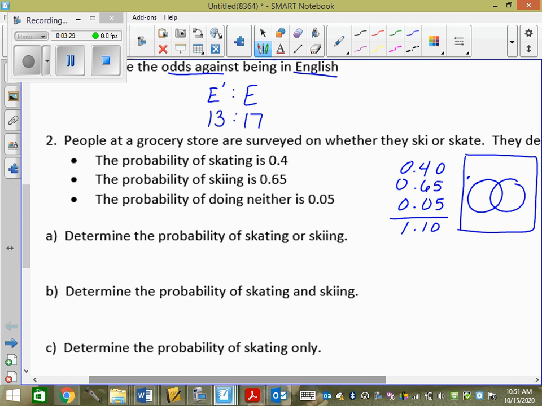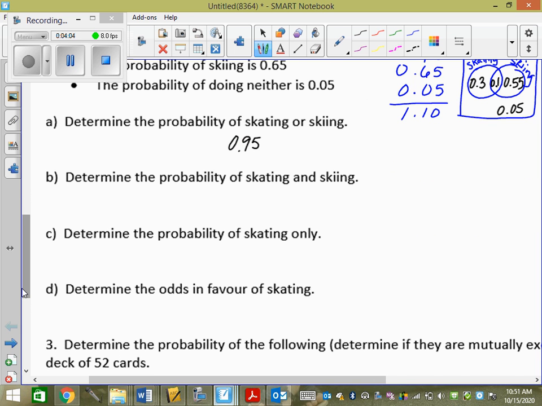So I have skating. So I get 0.1 in the middle. How many are in skiing only? 0.3 for skating. Skiing? 0.55 and neither? 0.05. So the probability of skating or skiing is 0.95. You just add them up. Probability of skating and skiing, 0.1. Probability of skating only,